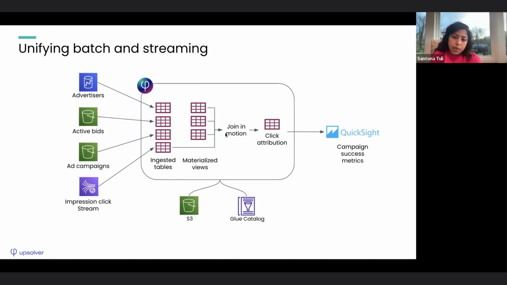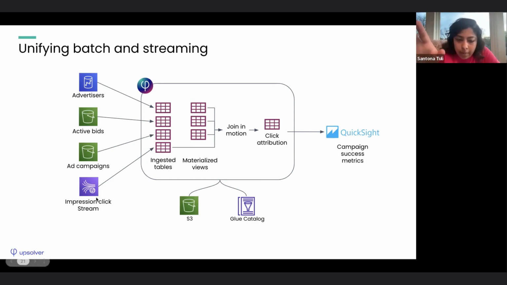So here, in one step, you just write a SQL statement and say, select advertiser ID from advertisers, bid amount, join on advertiser ID from active bids, join on your ad campaigns, and then finally join on your click impression stream on whatever primary keys you have, and voila, you have done the join,